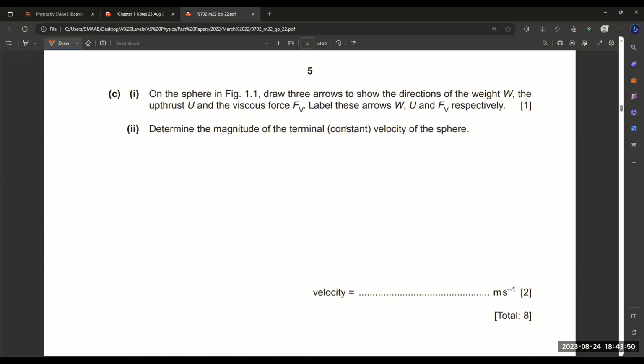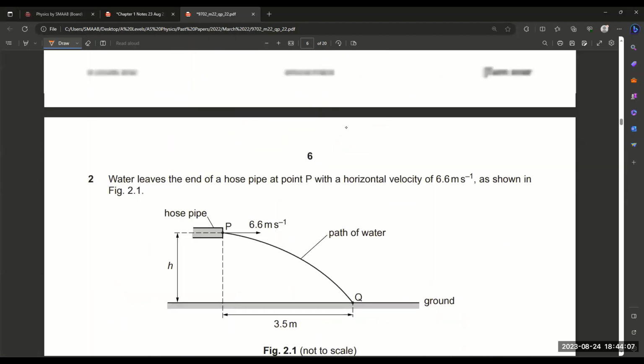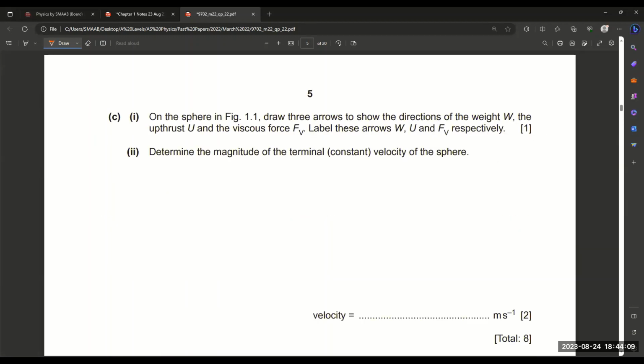And let's see if the last part is related to your chapter 1 or not. Okay, determine the magnitude. That is also related to the terminal velocity. So only the first part is related to our first chapter in this paper, and the rest is related to your motion and forces, right? Let's check another paper, because you can see that this topic is very basic compared to the other topics, and it mostly includes the same concepts that you already know about. So if we talk about another paper,